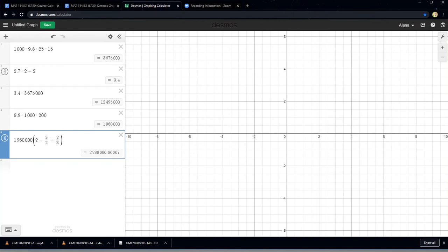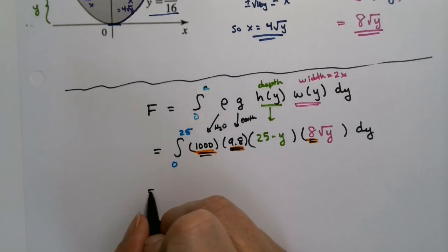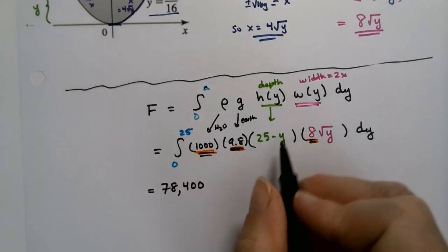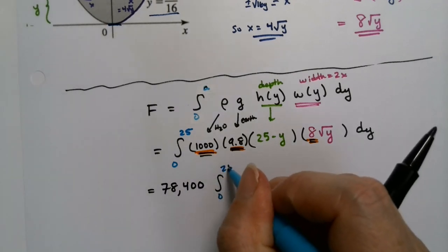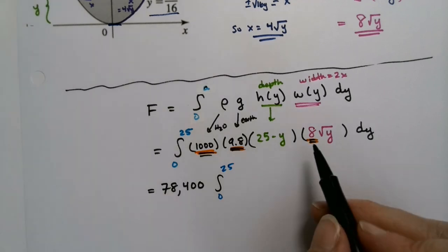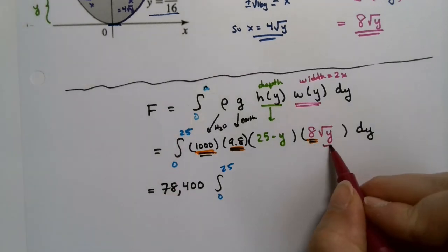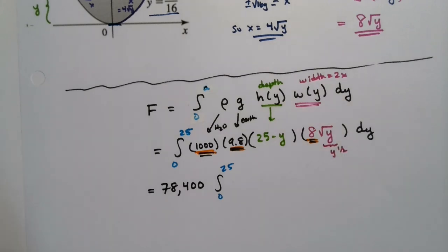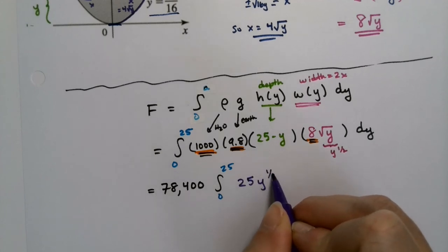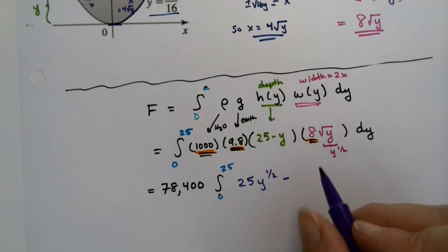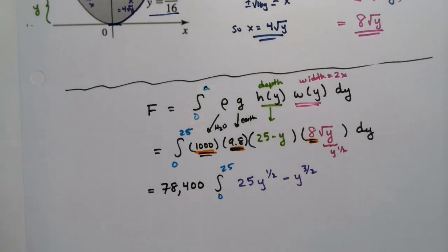Okay, so it's 9.8 times 1,000, which we've seen before, but times 8 this time because 8 is a constant. So it's 78,400. Okay, so we have 78,400 out in front. And then it's the integral from 0 to 25. And then what do we have left? This is a y to the 1/2 right here. So if I look at what I've got, I have a 25 times a y to the 1/2, which is 25y to the 1/2, minus a y times a y to the 1/2, which is a y to the 3/2 dy,